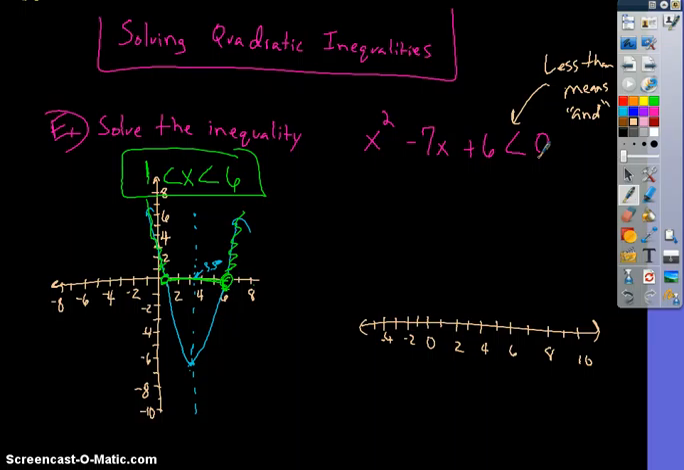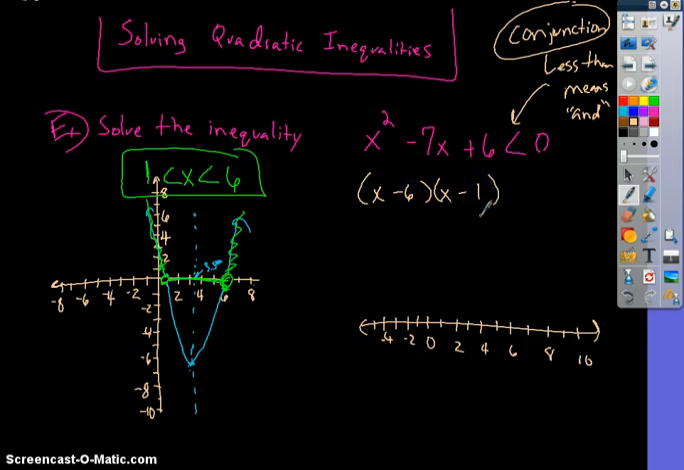Less than means and, and this is a conjunction. It's a conjunction. That means in math is this. The solutions are conjoined to each other. So it means the solutions are next to each other, overlapping each other. So let's understand this. If we factor this, we get x. We factored earlier. I should remember what they were. Subtract 6 and subtract 1. So your solutions are